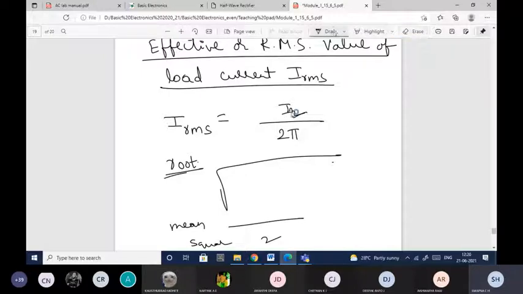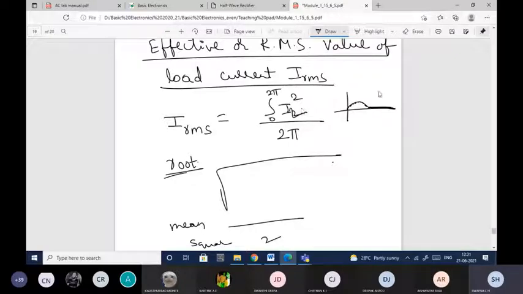So what I need to do, I need to take the square of the square, and see, I cannot just take the square. See, because this is the waveform, for this only I'm finding the RMS value. So I need to take each and every point. So each and every point in this, I need to take the area, okay, and the square of each point and